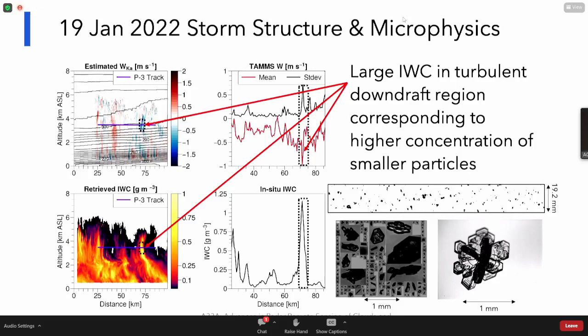And here are some representative particle images from a few of our probes showing the planar crystals mixed in with some slightly larger aggregates. But just seconds earlier, just left of the black box, we had a huge rise in the mass weighted mean diameter where aggregation was more dominant. So there's a lot of variability within a short span within these Alberta Clipper systems. And it's kind of evident when you look at the